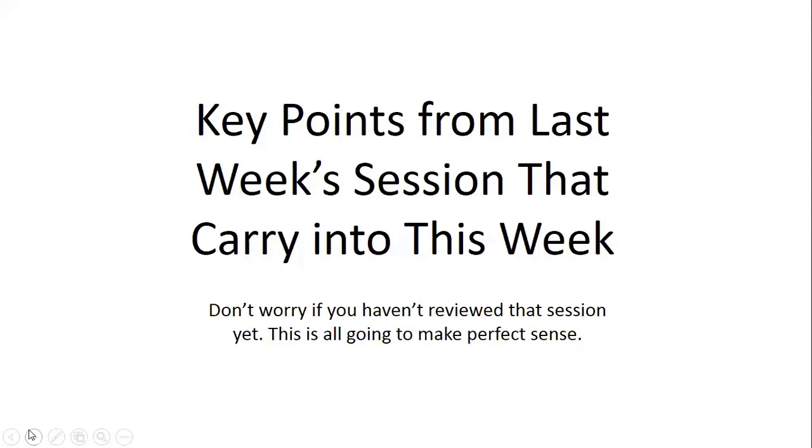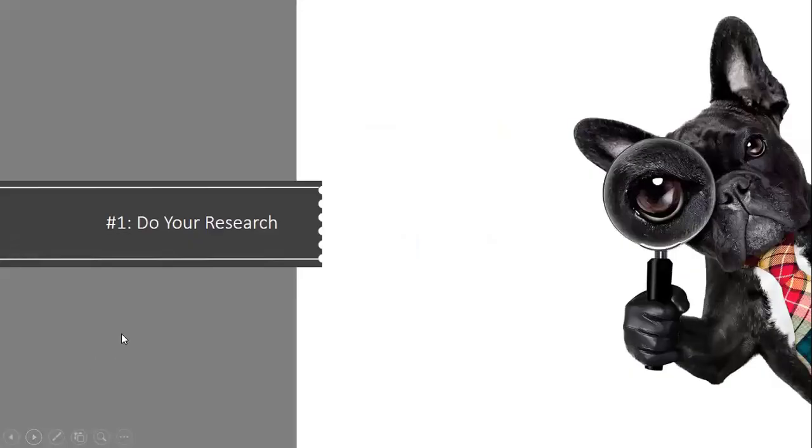So the key points that I want you to remember from last week and think about this week are to do your research. So find out what people are searching for. Damon went over tools like Google Trends, Twitter Trends. You don't have to write this down because it's all in last week's lesson. Answer the Public, Google Suggest, Keyword.io, and others. So when you know what problems people are having, the things they're asking about, it's much easier to match your opt-in offers and product promotions to help them further and ensure they're going to buy. So even if you thought you were going to skip that video part, you still want to do this research